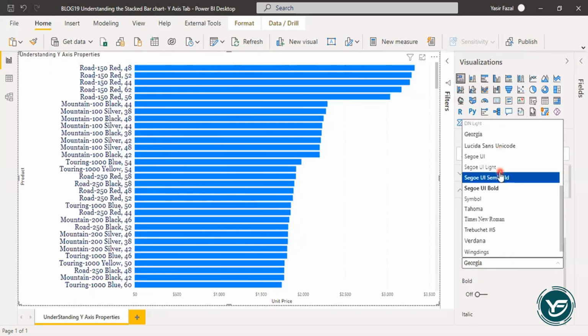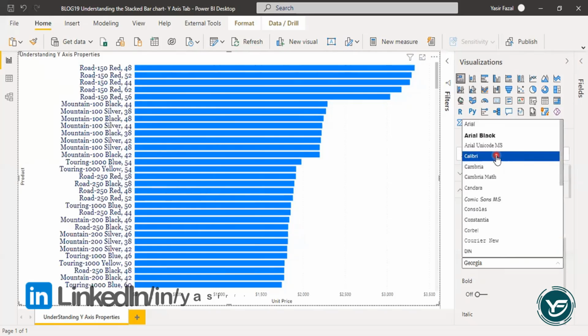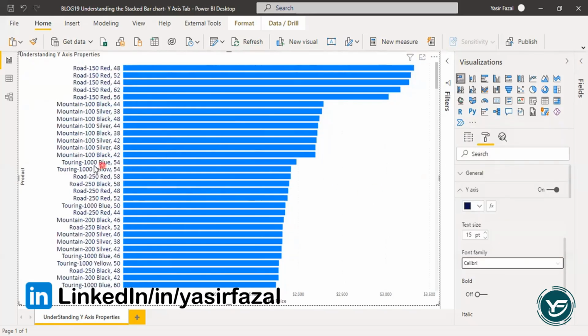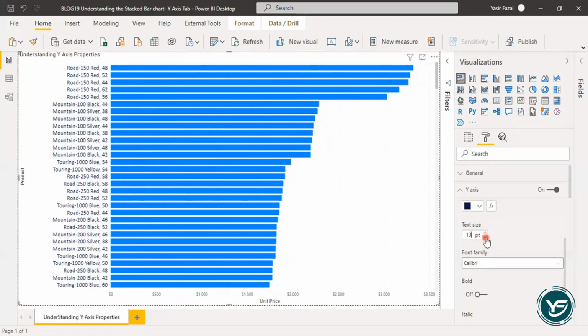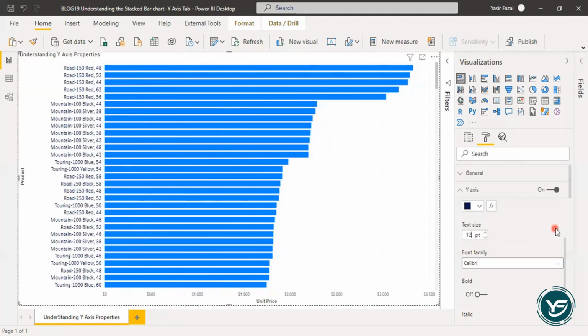For example, let us change to Calibri. I have changed the text to Calibri, and it is coming over here. I would like to decrease the size of the text so that I can further play with more options.